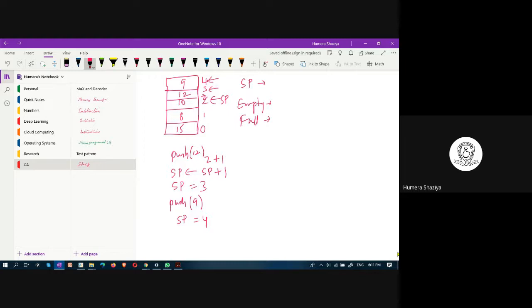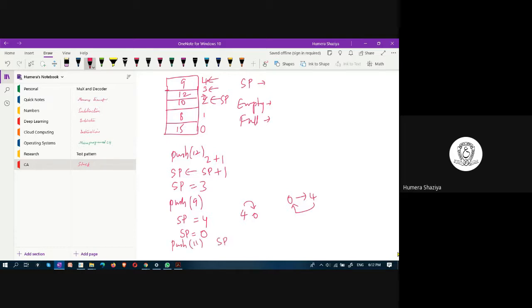For the next iteration, if you increment SP, SP would become 0. Why it becomes 0? Because the length of stack is up to 4 only. After 4, it should get 0 again. It is like a cycle, 0 to 4, back to 0. When SP is incremented again, SP would get a value 0. Let us say again you are calling push operation, push of 11.